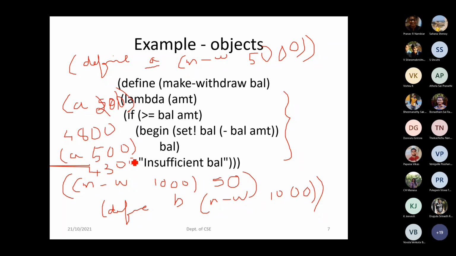At the same time, if B wants to withdraw some amount, because we have discussed only the withdraw part, not deposit or checking the balance, say B withdraws 500. What is the balance associated with B?